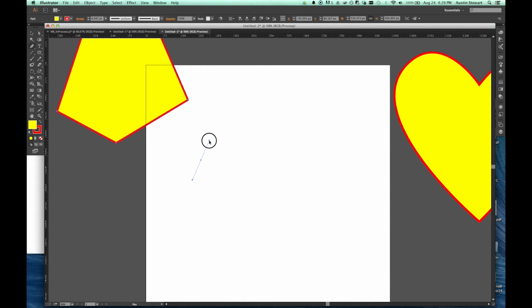And you'll notice this looks like I'm drawing a line, but what this actually is, this is the handle for the curve, right? So already, even though there's nothing attached to this anchor point, I'm having the ability to manipulate things about the curve that I can't possibly see or imagine right now. Something that happens often is beginners seem to think that they have to put their next point where the end of this handle is, or they mistake this handle as the line that they're drawing. And that's not the case. So I'm going to release my pen tool,